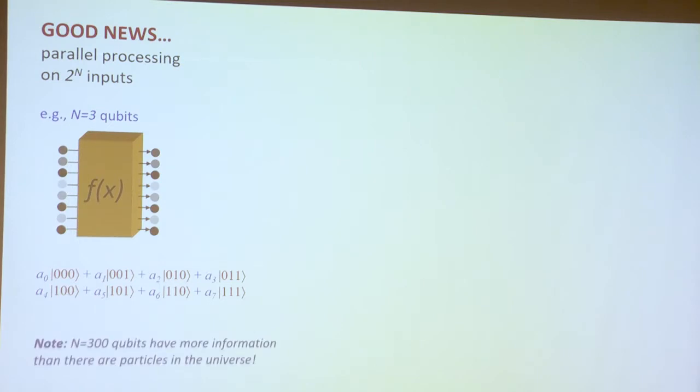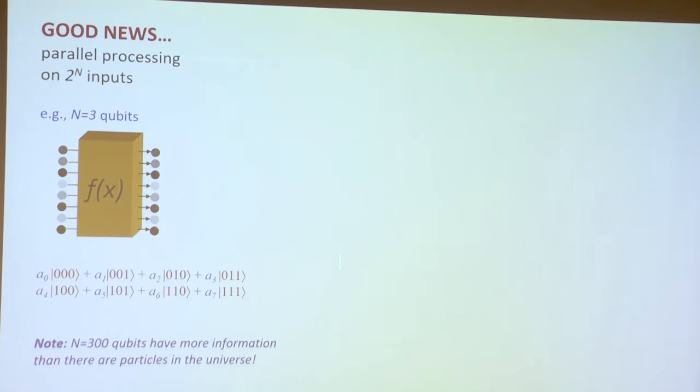8's not so great, but if you go to 300 instead of 8, 2 to the 300 configurations are allowed. And 2 to the 300 sort of answers the comment I made before. If you need to deal with 2 to the 300 pieces of information, you have to use quantum mechanics because there's not enough space in the universe. If every atom in the universe is part of a classical computer, or regular computer, it still can't deal with 2 to the 300 inputs. Okay? So every time you add a qubit, you double the size of the system. So the system doesn't have to get too huge before it becomes very interesting.